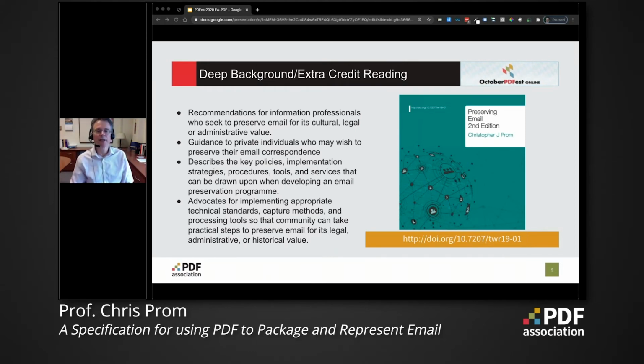I'll just refer it to you. The main takeaway from it is that it really advocates very strongly that appropriate technical standards, capture methods, and processing tools be developed either in the digital preservation community or in concert with other communities such as the PDF Association, so that archivists at any size institution, from the largest research libraries such as the one I belong to down to the smallest archives, in a community somewhere, can capture and preserve email just like they would capture and preserve